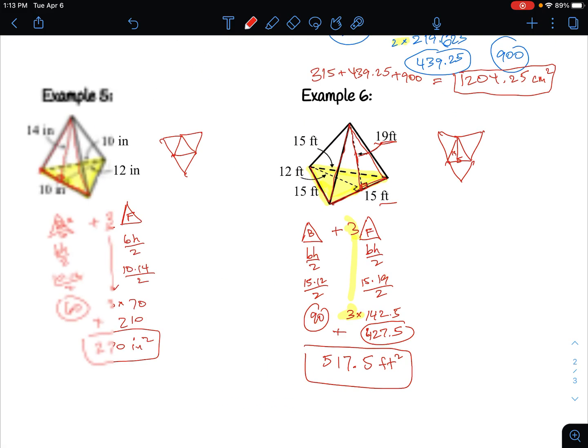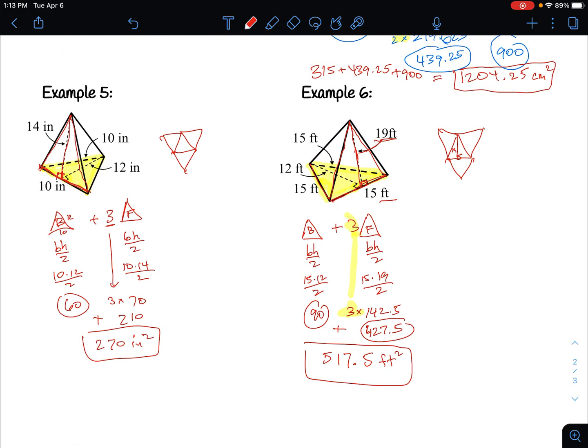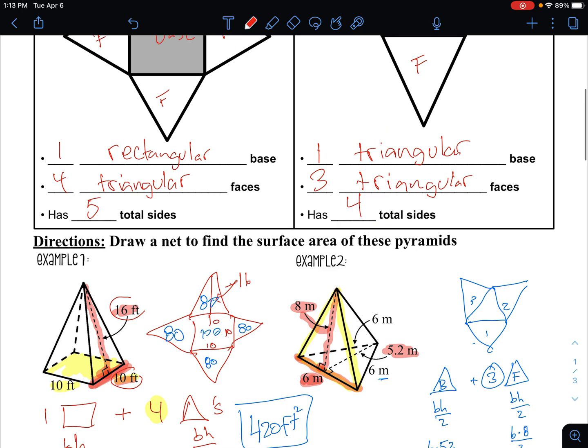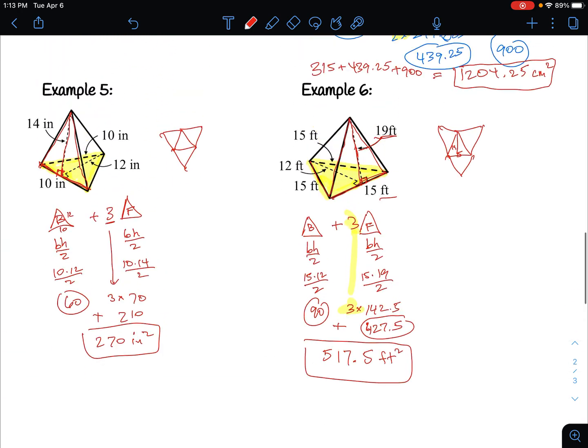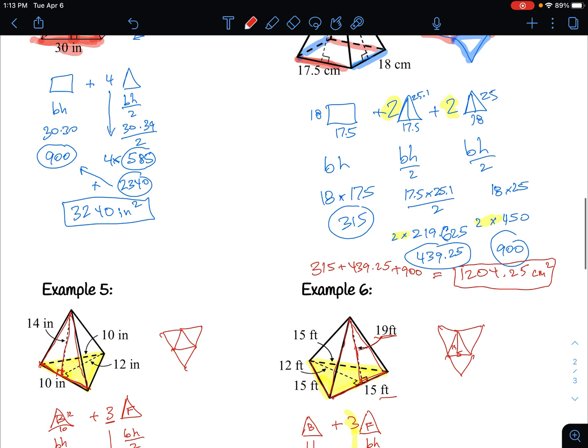Well, there you go. That is how you find the surface area of these figures. Is it difficult? Yeah, surface area is horrendously long and complicated, but hopefully you feel like some kind of super genius, because you've got to be a super genius to figure out the surface area of this stuff. Go ahead and try some problems on your own. Good